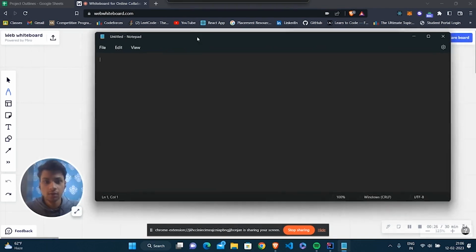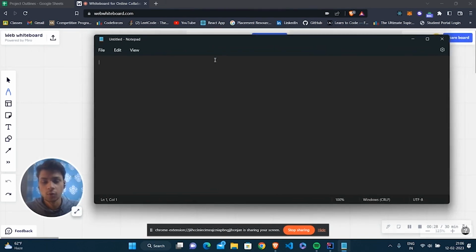So if we check the features of this Notepad, what do we have in this? Okay, so you can see there's a text area. We can write anything here, right? So hello everyone, my name is Priyansh Bhattacharya. So yeah, I can write anything in that, and this complete gray box is our text area, right?